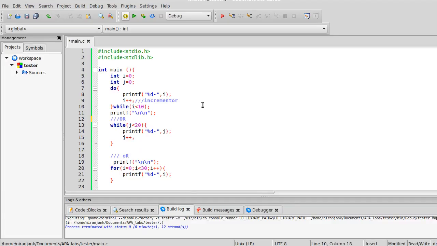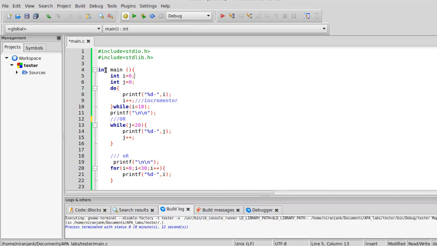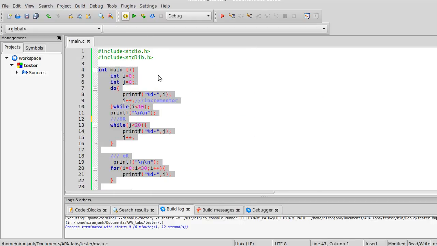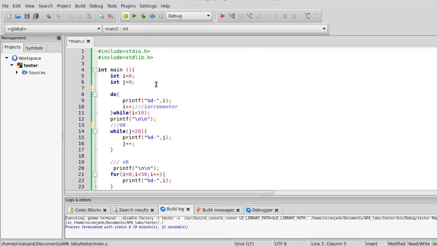Okay, so let's begin with the example. If you go and check out the example, you will see I'm using the same format, just writing the whole program in the main function. I am declaring two variables, that is i and j, initialized respectively to 0, and the first thing I am doing is the implementation of do